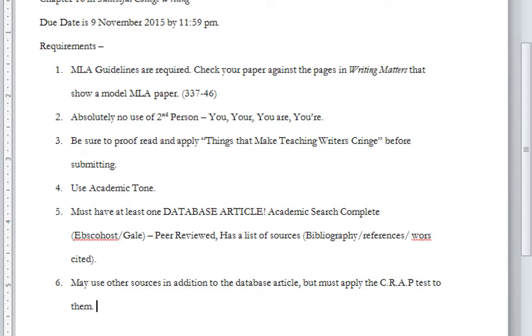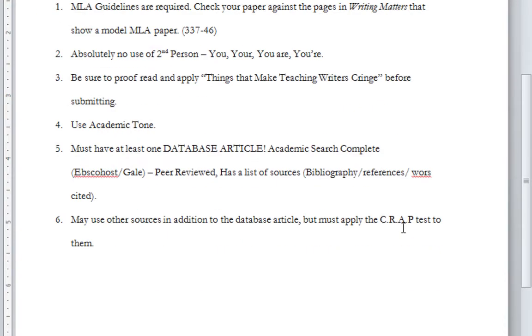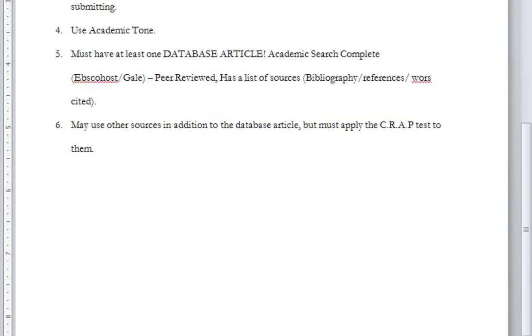And if you completed the information literacy tutorial, you know exactly what I'm talking about. Okay, so what is comparison and contrast?